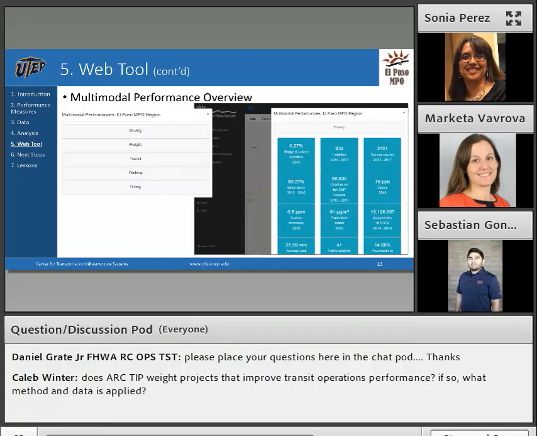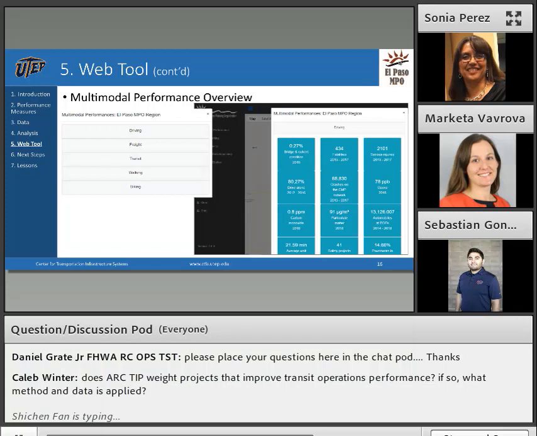Okay, so now we have the multimodal performance overview. This is where all of the performance measures are located. They are categorized under the 5 modes of transportation, which are driving, freight, transit, walking, biking. And this area is just a collapsible menu which expands as you click on each of the modes.